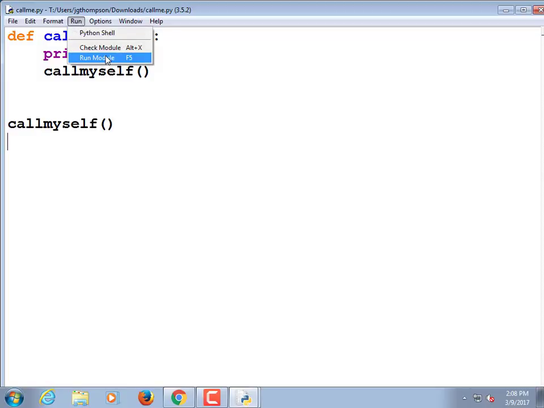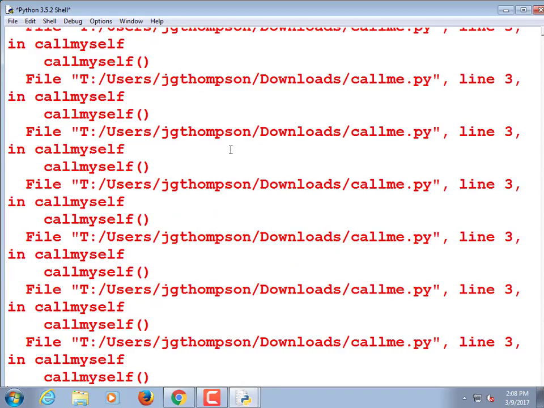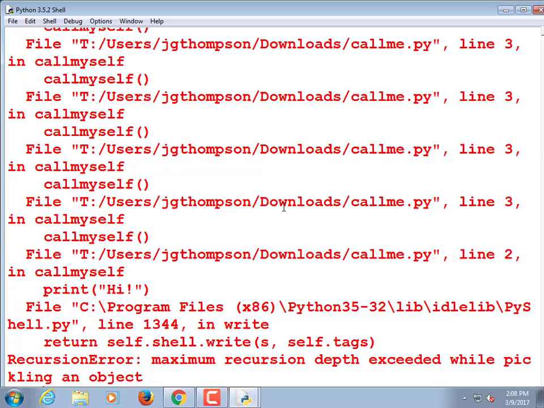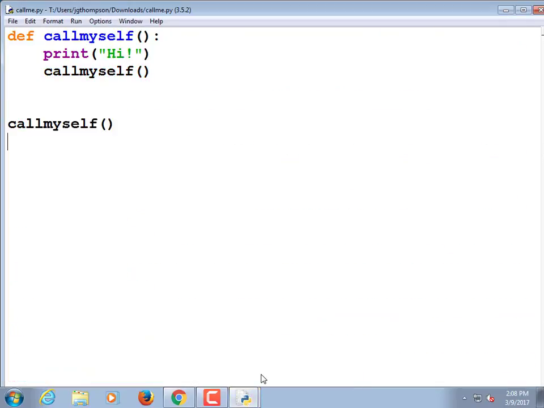Let's see if it does or not, reasonably quickly. Not really. Well, there we go, finally. It didn't take too long. Why is it crashing? Because each time a function is called, it has to allocate a little bit of extra memory, or maybe a lot of extra memory, in order to handle it. Then, once it returns from the function, that memory is released.